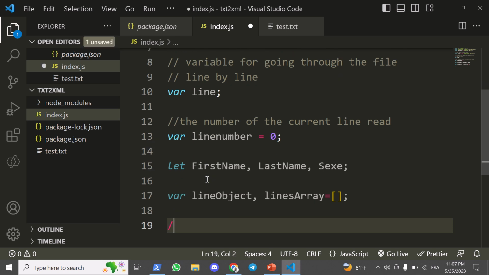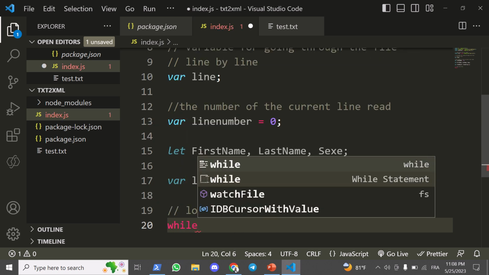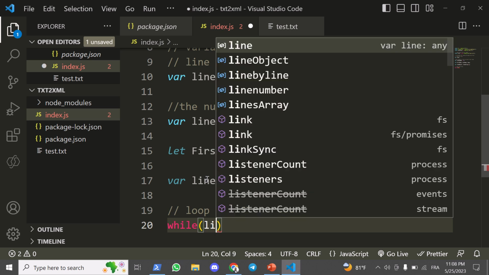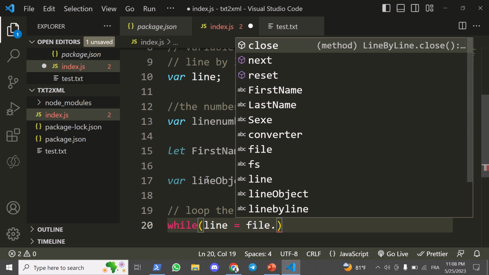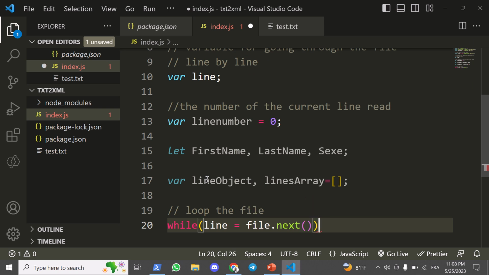All right, now it's time to loop through the file. So okay, line file. Okay,